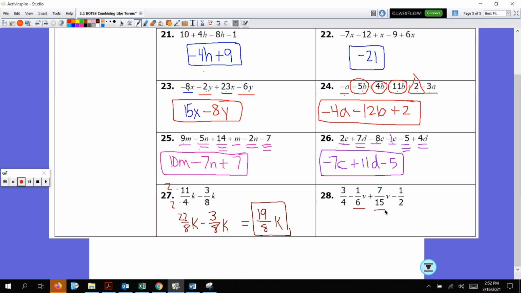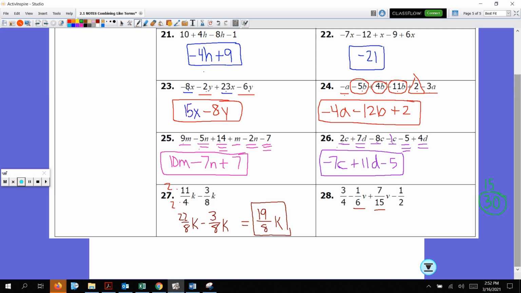And you're like, does 6 go into 15? It doesn't. So remember what I said: if it doesn't go in, take your biggest number and write your multiples. 15 times 1 is 15. 15 times 2 is 30. Does 6 go into 30? Yes, it does. That's awesome. So we're going to